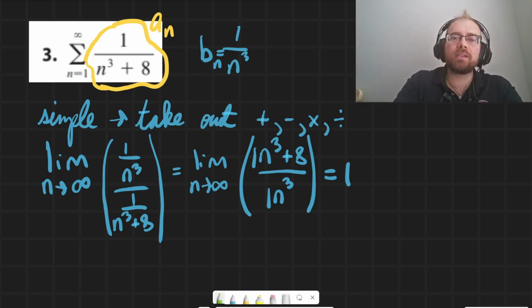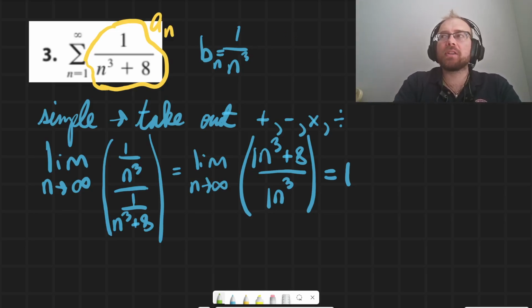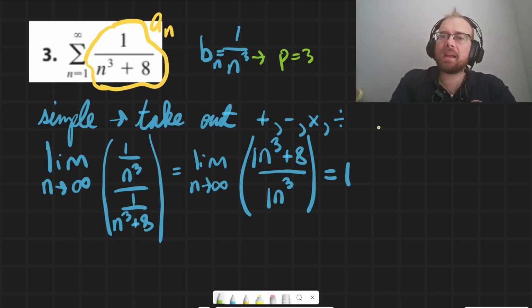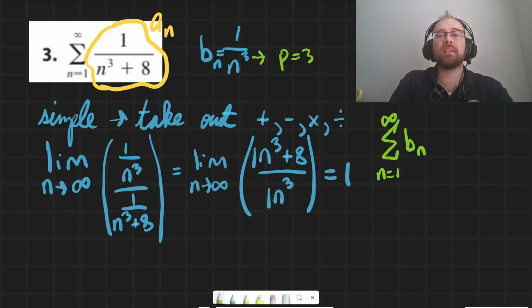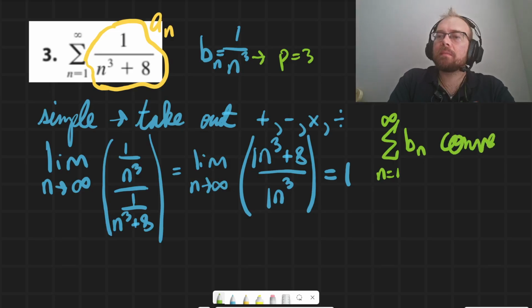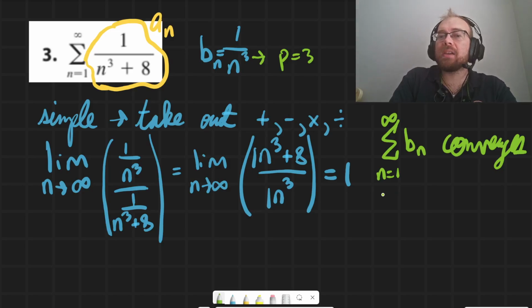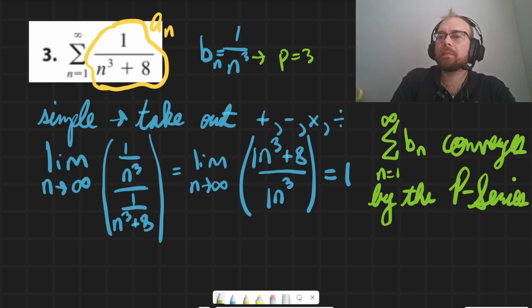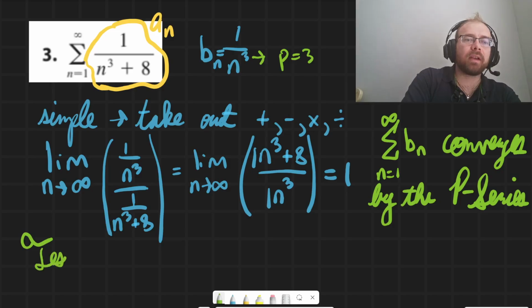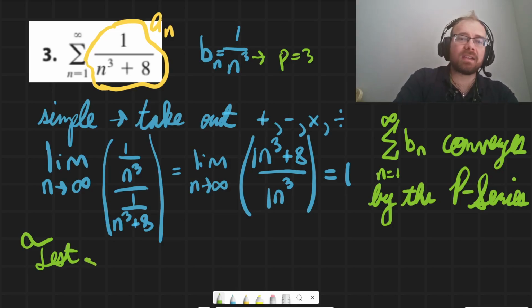And then what we want to do now that we know that the limit test works is that we just use the p-series test. Well, the b sub n converges because of p-series, right? So this is a p-value of 3. So according to the p-series test, I'm going to start writing this over here since we're pretty much at our answer now. So we would say that the series with b sub n in it converges by the p-series test. Can you guys see that? Yeah. By the p-series test. I'm going to have to write the rest of it down over here. Okay, so b sub n converges by the p-series test, and then therefore,